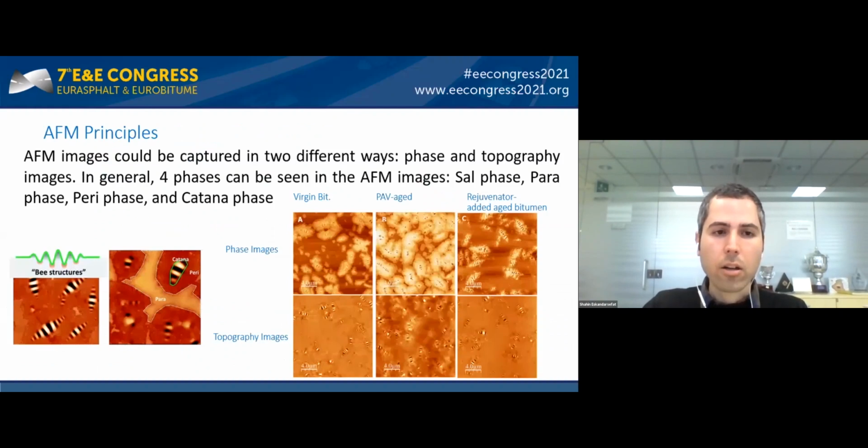The study was then continued by means of microscopic analysis. Atomic force microscopy was used in this study. Basically, during atomic force microscopy, two different images can be obtained, consisting of topography images and phase images. And regarding bituminous binders, usually four different phases can be detected, consisting of the catana phase or B structures, para phase,